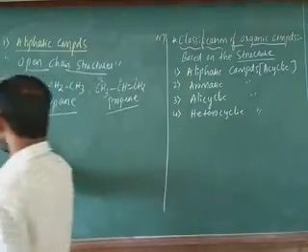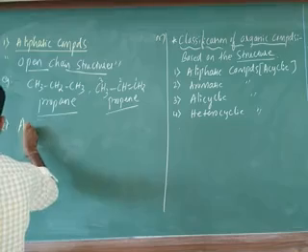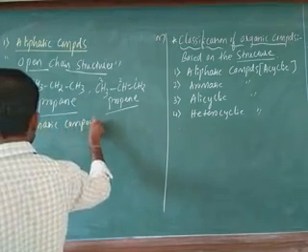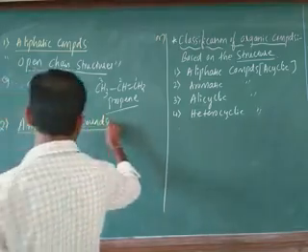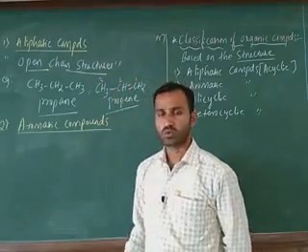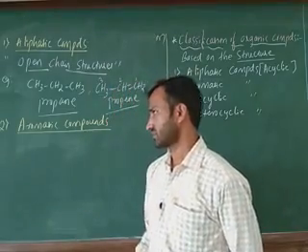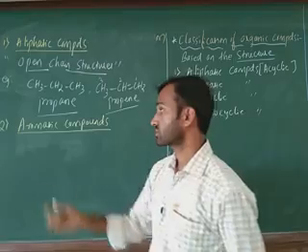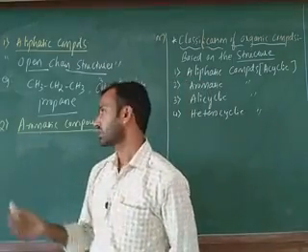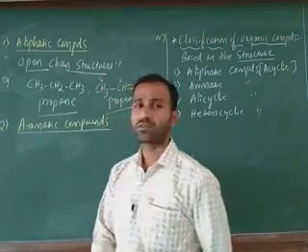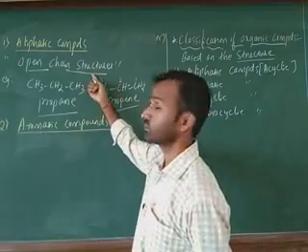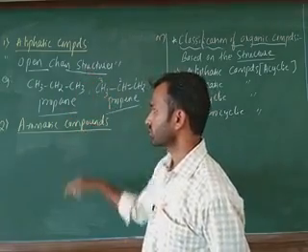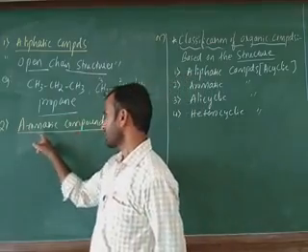The second one is aromatic compounds. Just see here, aroma means what? Smell or fragrance. That indicates aromatic compounds. What is the definition of aromatic compound? Aroma means fragrance or a smell. Aliphatic means not containing any fragrance or smell. This is the complete opposite of aliphatic. Just see here, aromatic compounds.